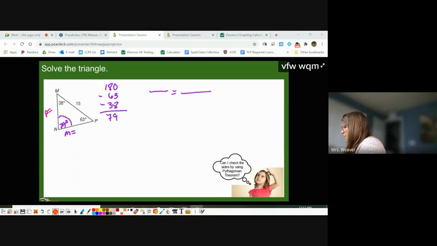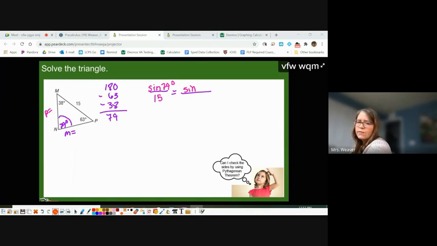Okay, so for my law of sines setup, I've got to start with both an angle and the side opposite of it that I know. If I don't know an angle and the side opposite of it, I can't use law of sines, and we'll learn other tools later this unit for that. So I'm starting with the sine of 79 is to 15, the side opposite of it, as the sine of